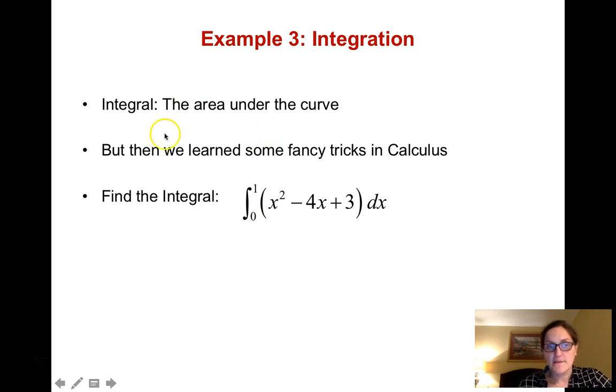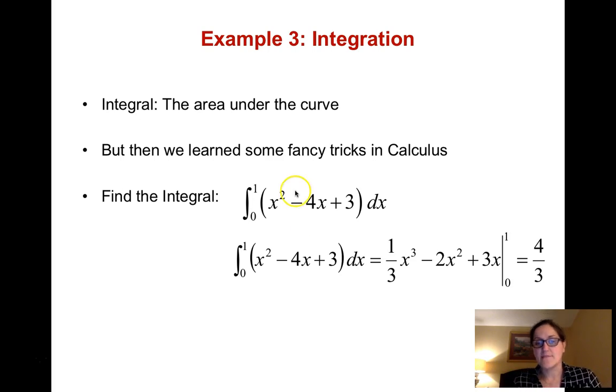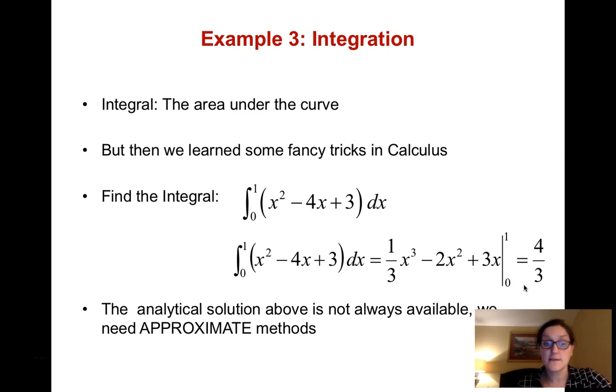Let's look at the area under the curve. If I had to integrate, which gives me the area under the curve between 0 and 1, I would know how to compute this integral. If you want to pause the video for a moment and calculate it, please do. And if not, I'm just going to continue. So basically, we know how to integrate. We have the rules. This is 1/3 x to the 3 minus 2x squared plus 3x. I evaluate that between 0 and 1, and I would get 1/3 minus 2 plus 3 minus zeros. So that gives me 4/3.